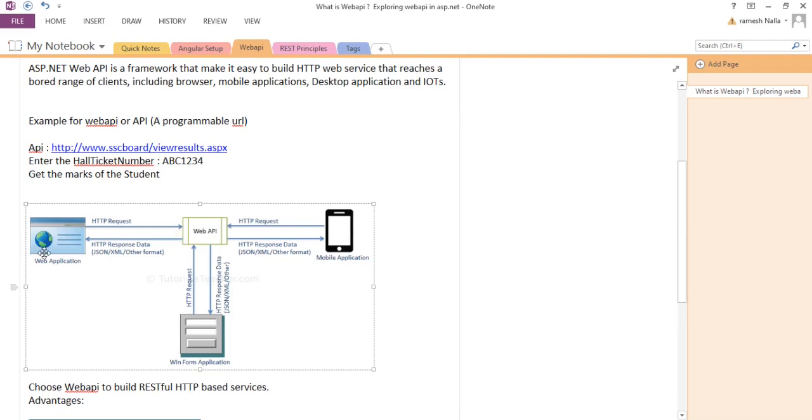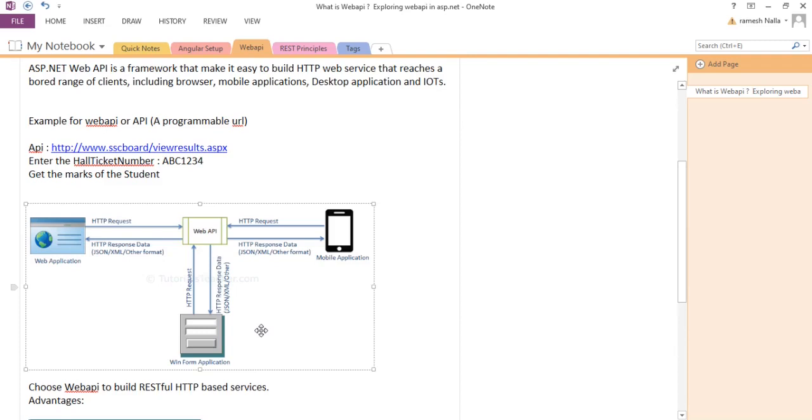The client is sending a request. Basically, we send a request over the web using the HTTP protocol. We send an HTTP request to the service on a server. That service will provide the response in the form of JSON, which means JavaScript Object Notation, or XML, extensible markup language, or any other formats. It will send the response to the client over the web.